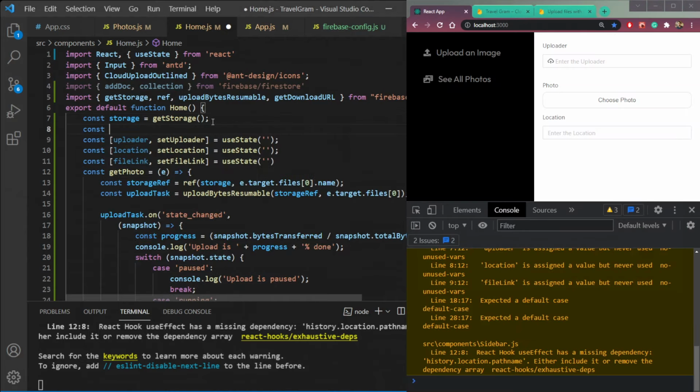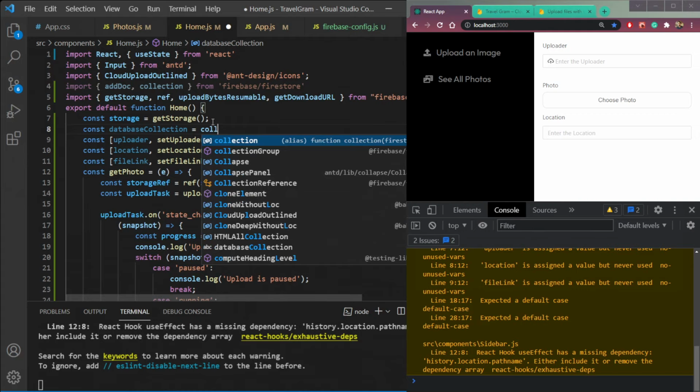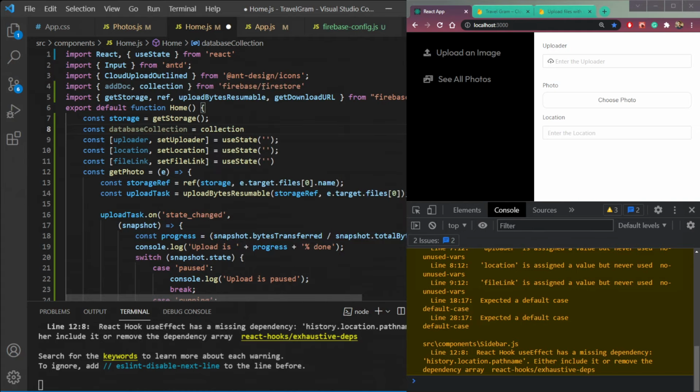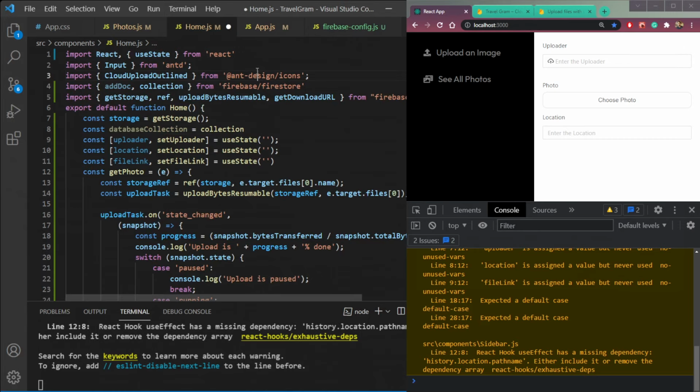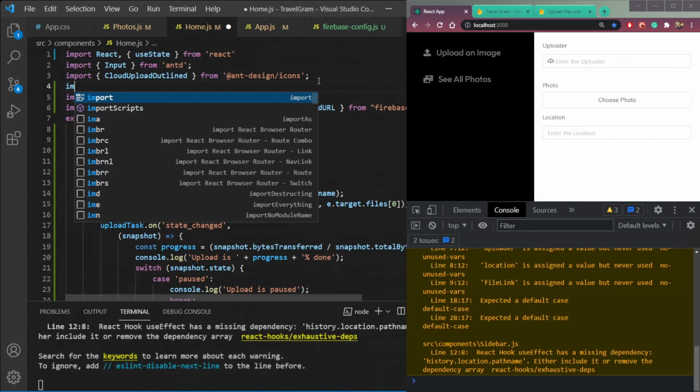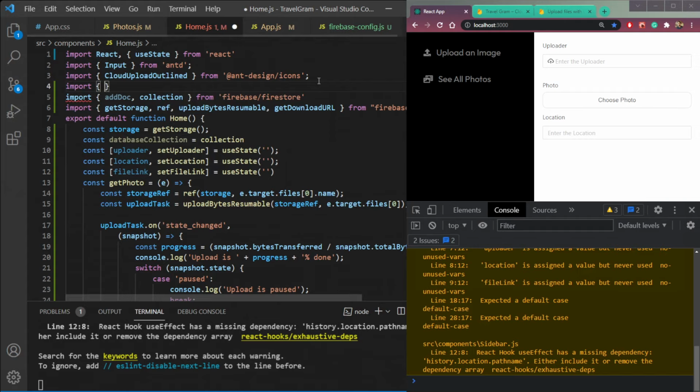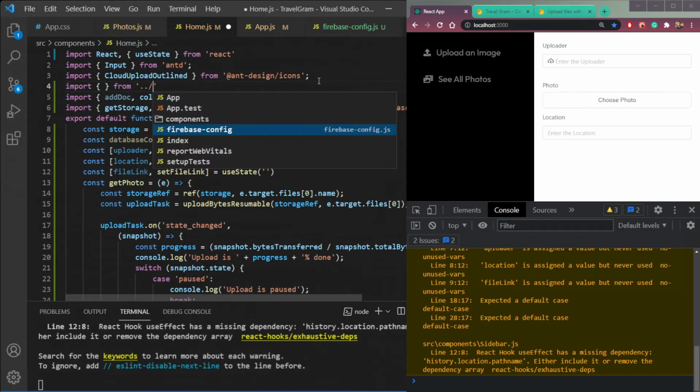So const database collection equal to collection. It will take two parameters. First is the database from this Firebase config. So let's import it as well. So we can just do import Firebase config.